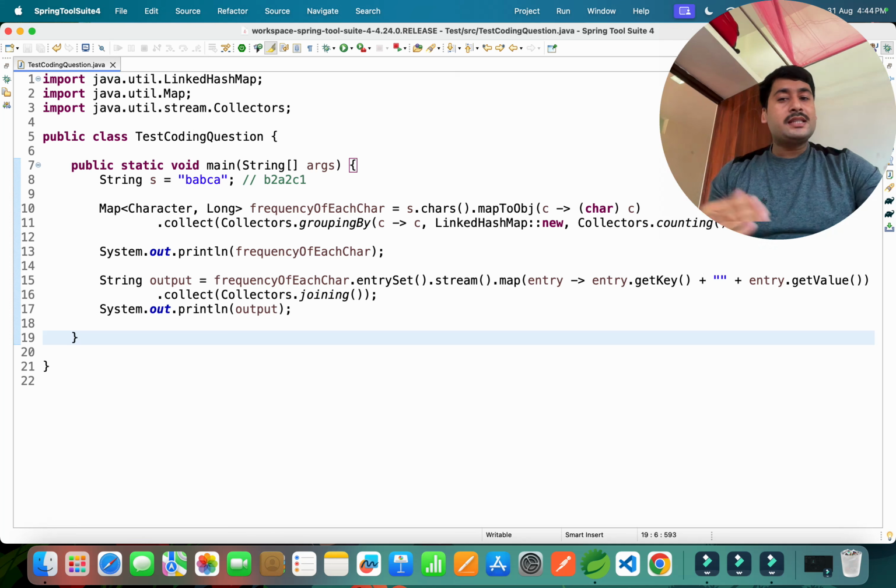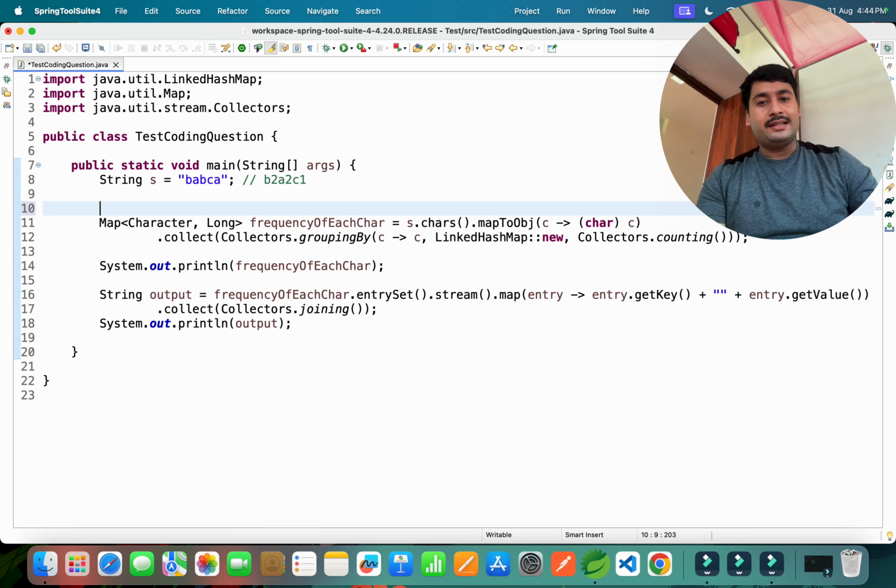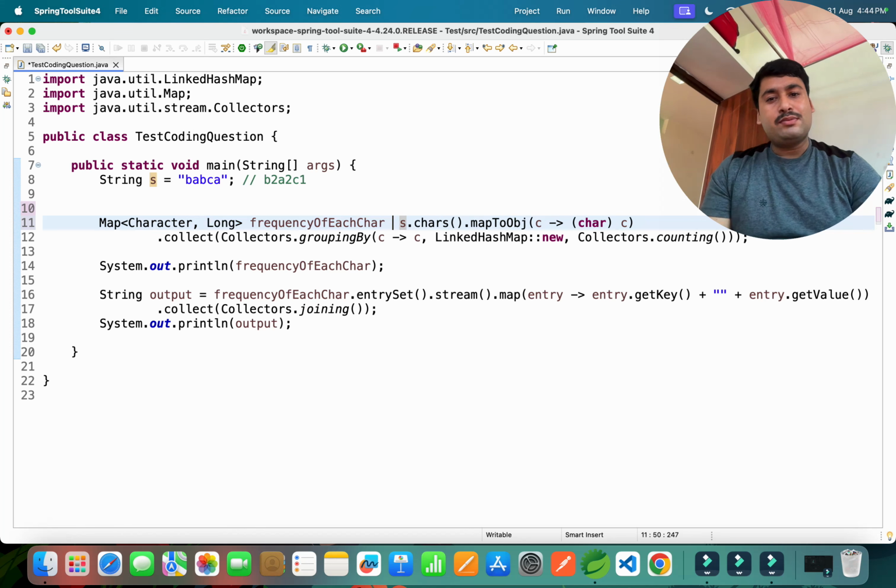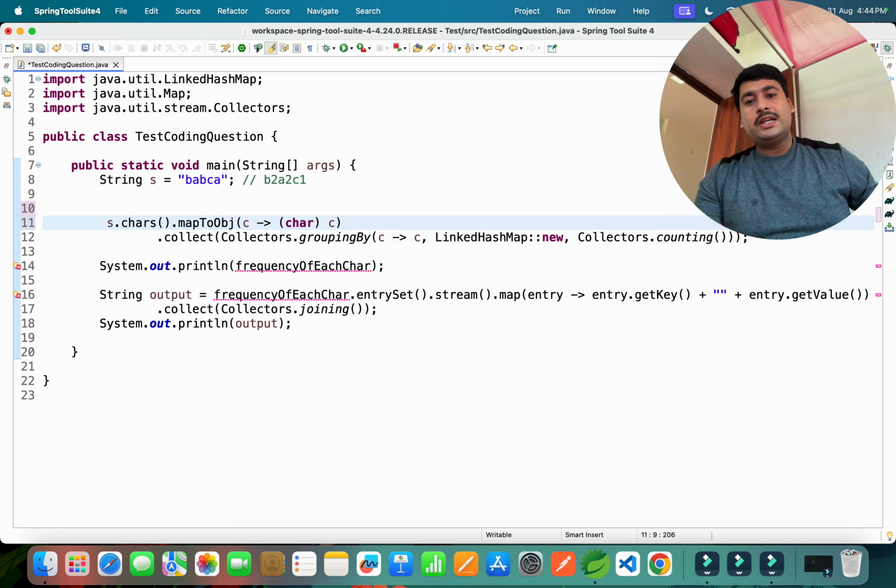Sometimes, if people have written the code, I ask, hey, can you please do it in one line? Can you please do it in one line? Somebody gets confused, so I understand they have some basic understanding problems. Okay, so if I ask someone, hey, can you please do it in one line? It's very simple to do in one line.